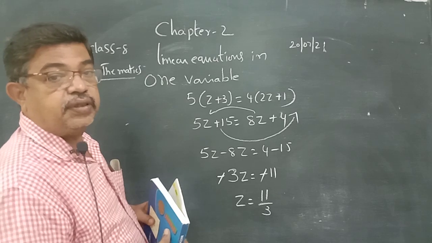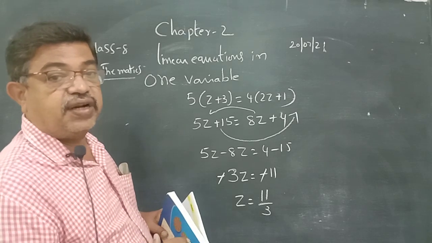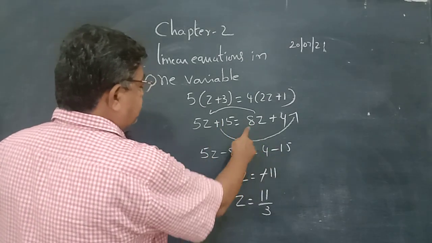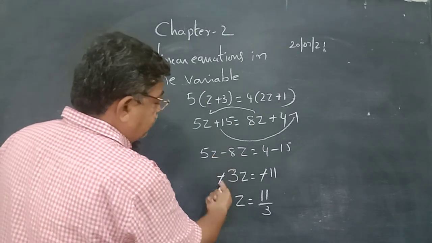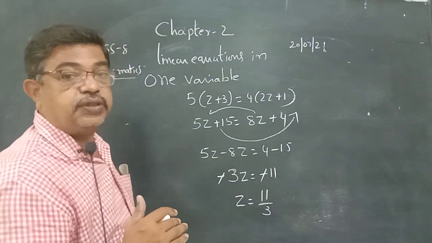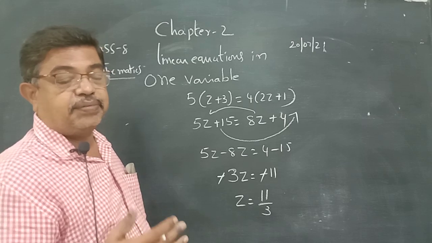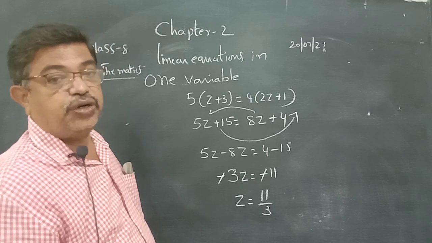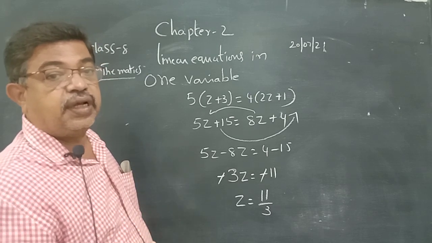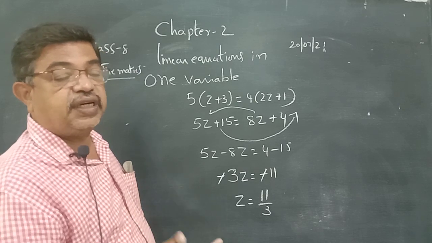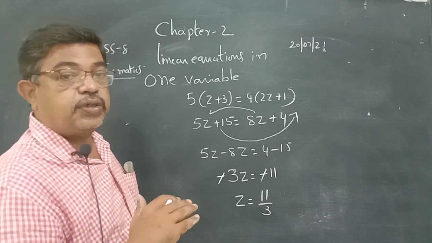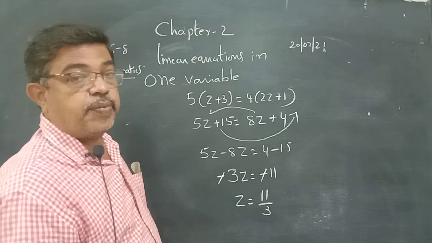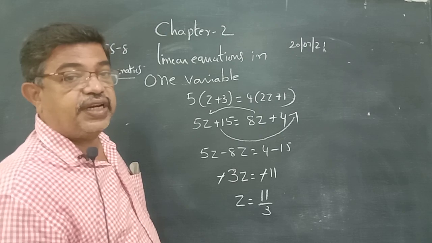It's a simple concept, how to transpose terms from one side of the equation to the other side. This plus 15 becomes minus 15, plus 8z becomes minus 8z. This into 3 becomes by 3. So, in the transpose of terms, you have to remember plus becomes minus, minus becomes plus, into becomes division, division becomes multiplication or into. If you remember that process and which term you have to take first, that is another important point. Sometimes we move terms from LHS to RHS and RHS to LHS. If you remember all these points, finding solution is very simple.